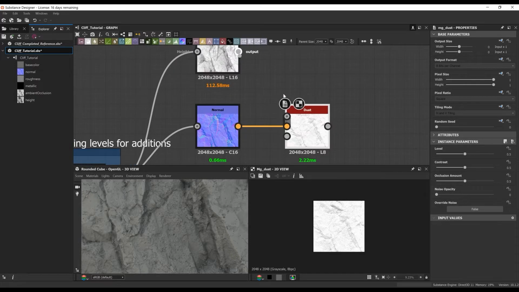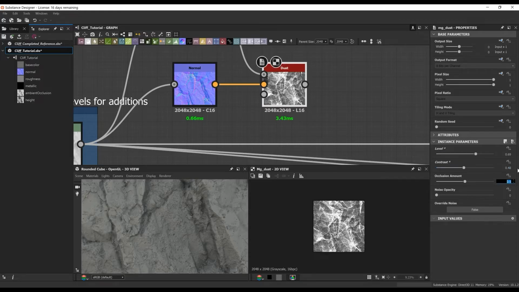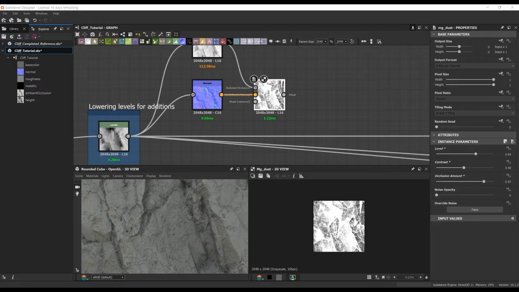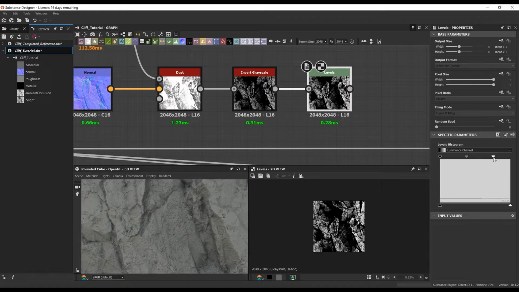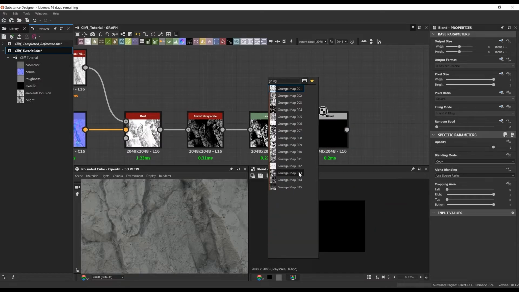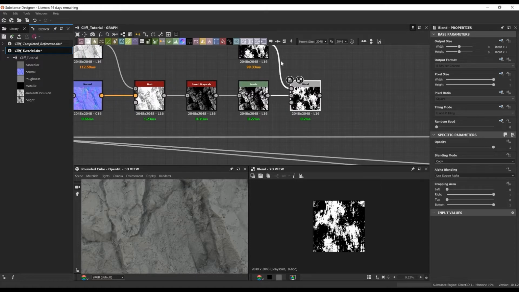So that's why I just lowered the value to get closer to a grayscale. To begin the moss, I'm actually going to create a placement mask. And what I'm doing here is I'm just using the dust node. To get the dust node to work, we're just going to plug in an ambient occlusion and a normal from our cliff material. This dust node is a great node to use to create any sort of mask. So I use it a lot in conjunction with the dirt node later on. But this is just a nice way to get any sort of black and white mask.